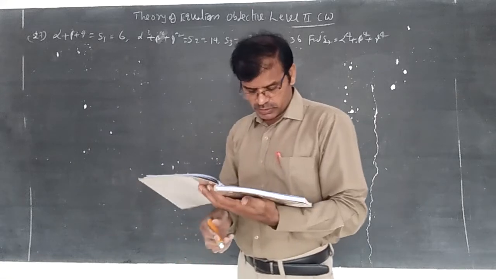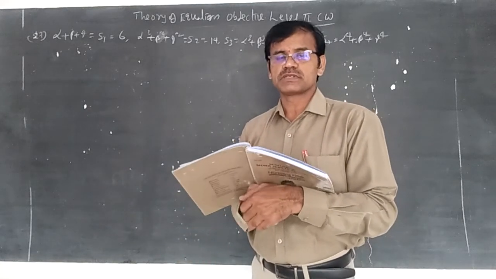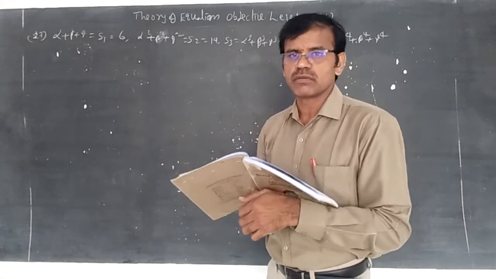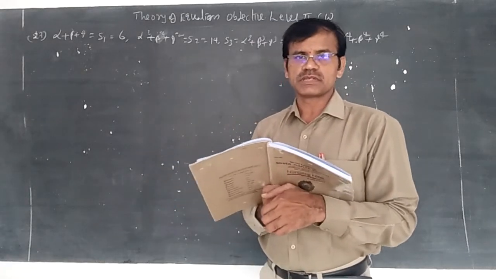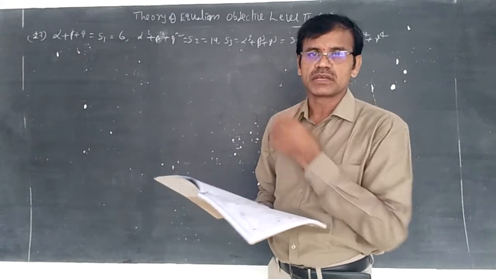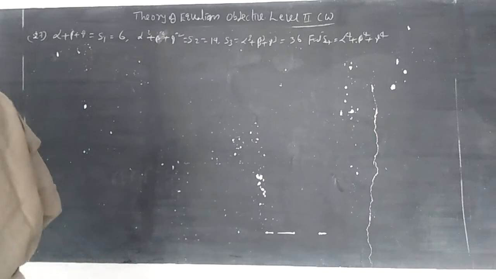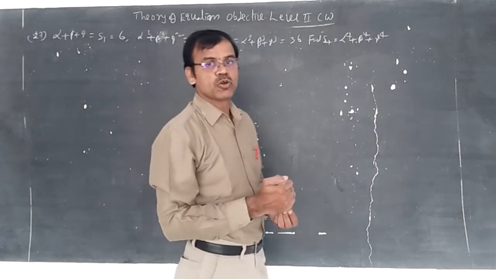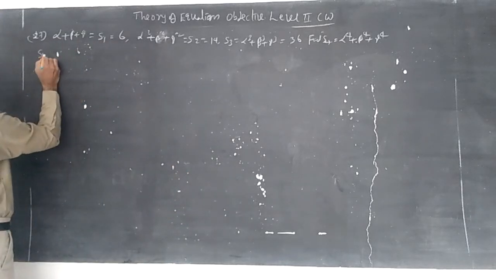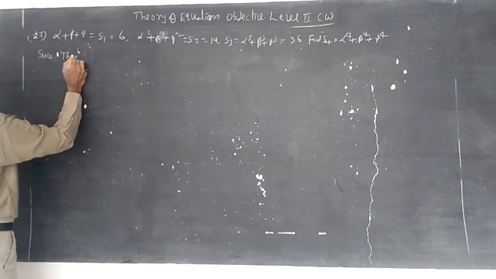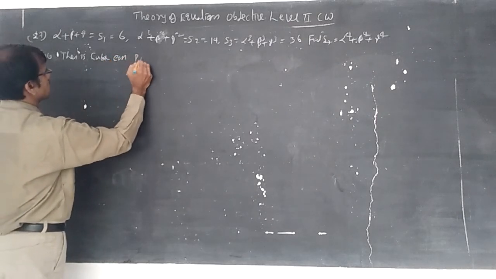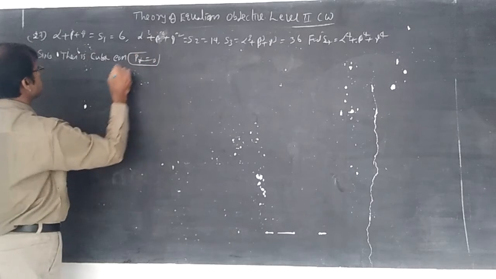Whenever only up to S3 is given, that is, alpha power 4 plus beta power 4 plus gamma power 4 is asked, you can understand that this is a cubic equation because only three roots are given. If delta power 4 is also included, then you have to understand that it is a biquadratic equation. Now this is a cubic equation. For a cubic equation there is no P4, so it is 0. Since this is a cubic equation, therefore P4 equal to 0.